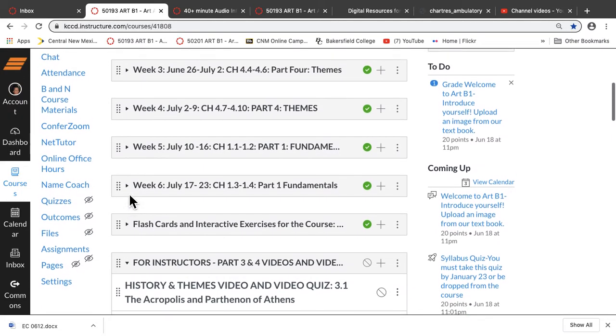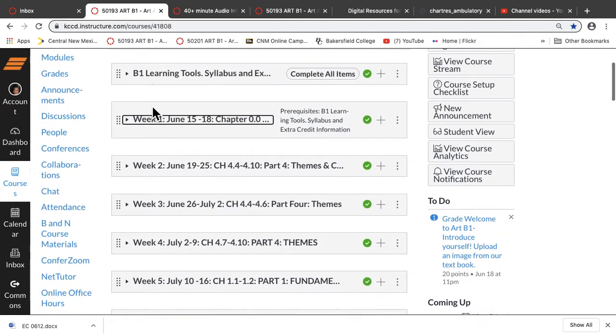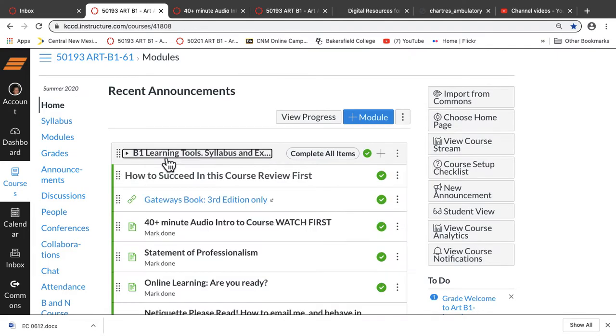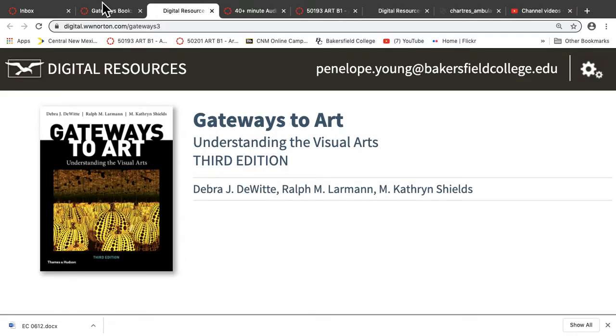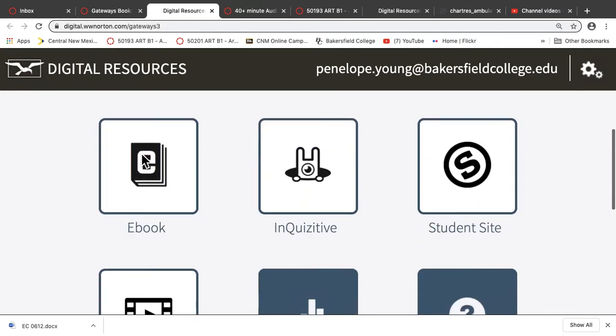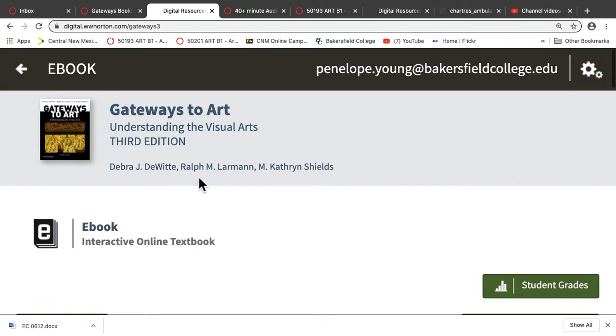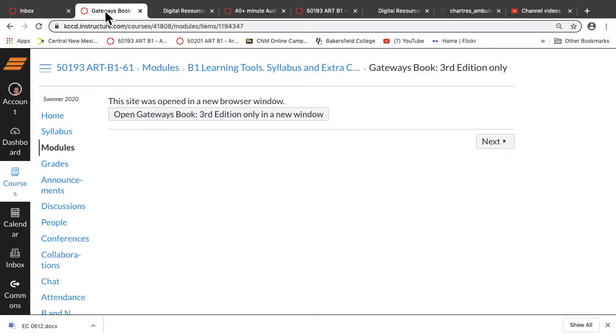You have 6 weeks, and then you have an additional module here. All our due dates, again, are Thursdays, 11 p.m. You might say 11:05, but it's actually 11 p.m. is the due date. So all the learning tools here, like this is our link to the book. You can also buy this through the bookstore, and I showed you that in the previous video, how to get to that link. And then the ebook is down here, and it's going to ask you to register for it. It's not going to ask me because I've already done it.